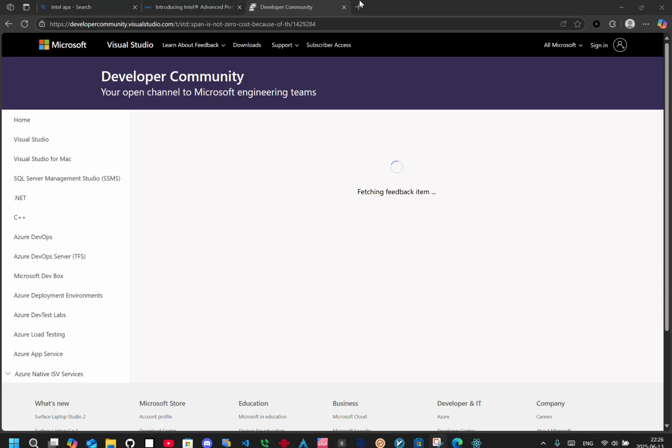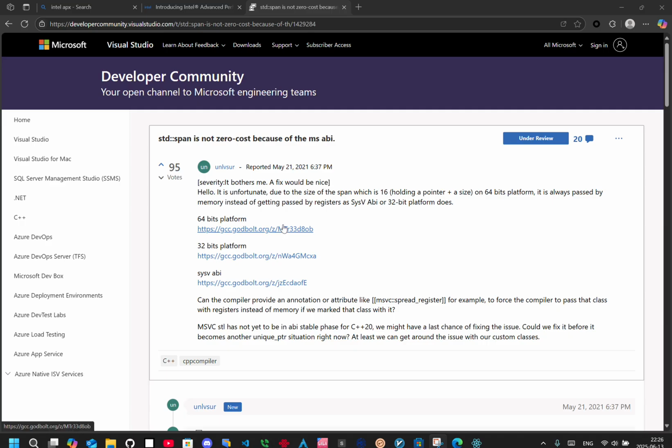Another problem, which I replied to: I think a lot of you also know that std::span isn't zero cost on the Microsoft API, on the Windows API, because